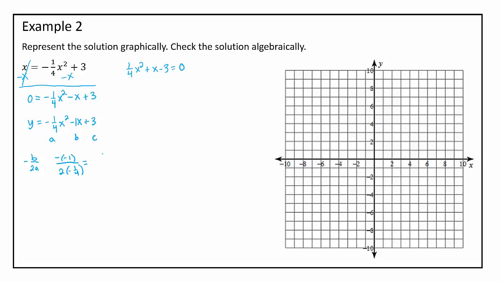The negatives on top can cancel. And then I've got 2 over 1 times -1 over 4. So that's -2 over 4, which simplifies to be 1/2. Now, when I do 1 over -1/2,